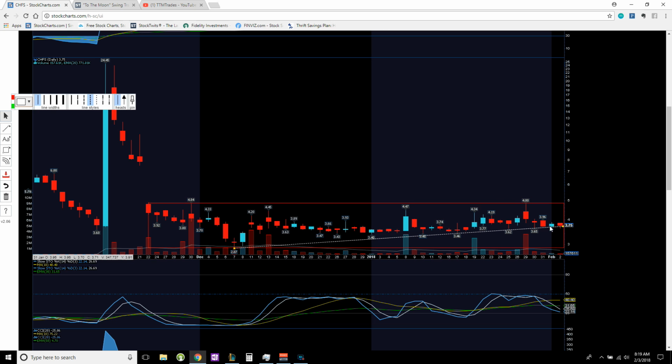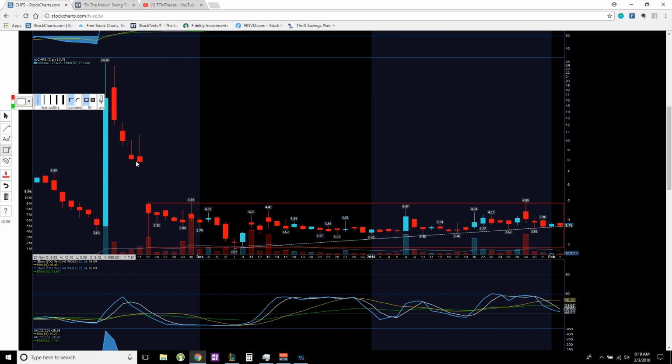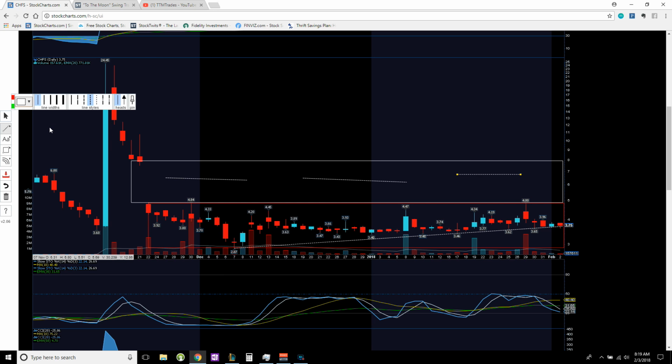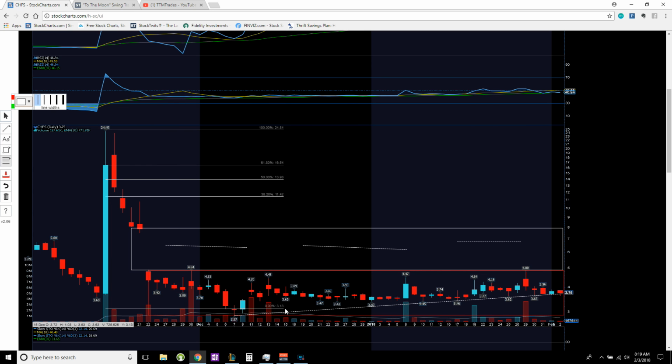But what we ultimately want to see is a breakthrough and a gap fill right at that $8 range, and then we want to work our way pretty much in this channel right here, and start creating higher highs and higher lows in this channel right here. So first we need to break out of this ascending triangle, work our way into this $5 to $8 range, fill this gap, and then once we start working our way into here, then we can start working our way back up. Areas of profit,